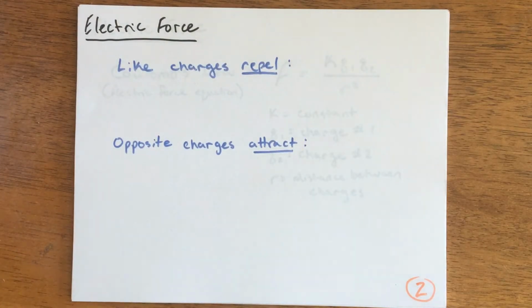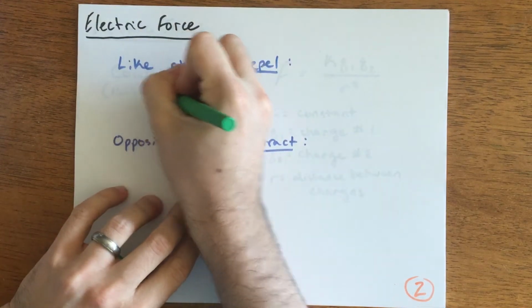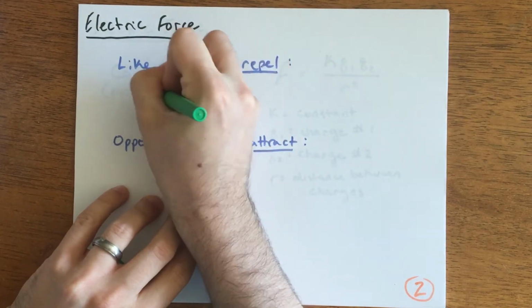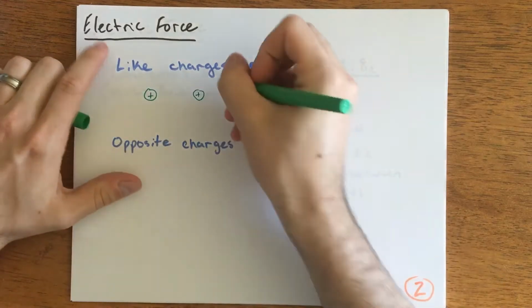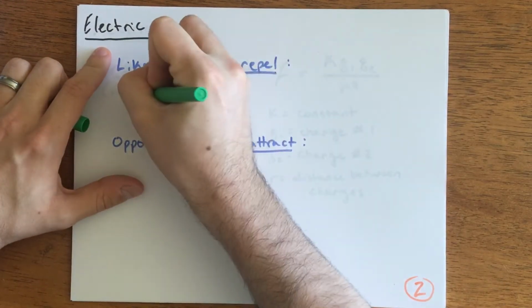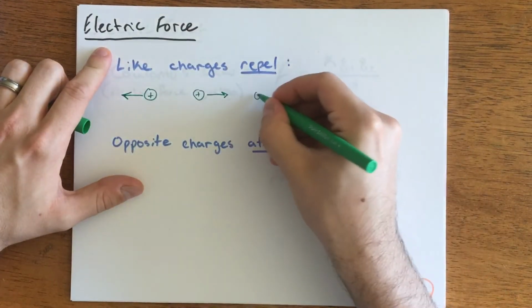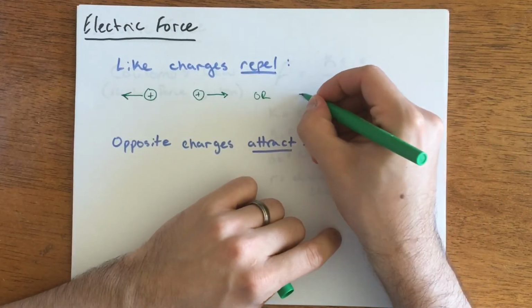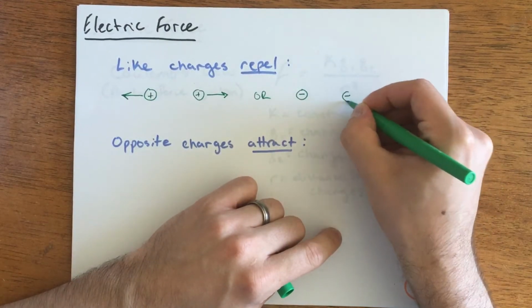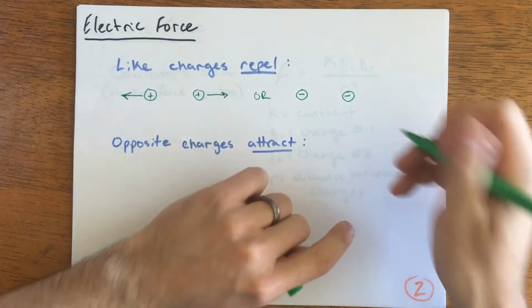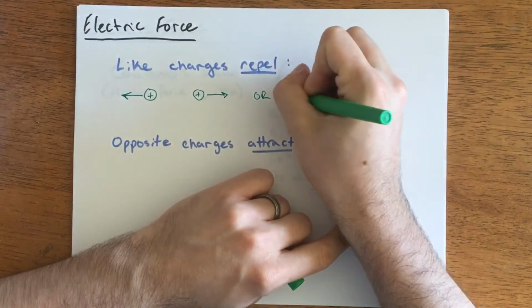So the first thing we know, and you've probably heard this before, is that like charges repel. So two types of charges, positive and negative. If we have two positive charges, as an example, the direction of the force on those charges would be directly away from each other. Or the other version is also true. If I have two negative charges, they each have a negative charge,